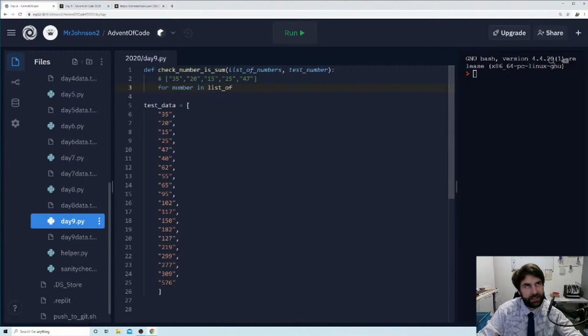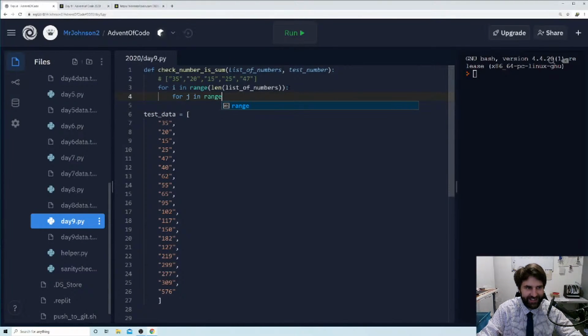Although really, I guess what we want to do is 2 loops. It's going to be a nested loop again. This is like the 3rd day in a row. Let's do for i in range, and we're going to go to the length of our list of numbers. So however long our list of numbers is. In this example, we've got 5 things in it, but it could be any number. And we are going to say for j in range of the length of our list of numbers, which is still going to be 5. And i is going to start now.